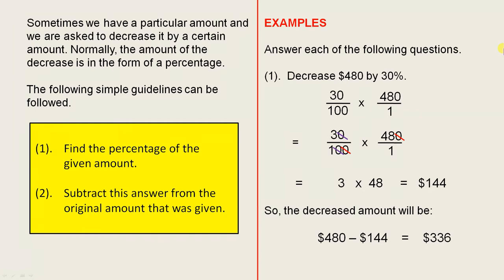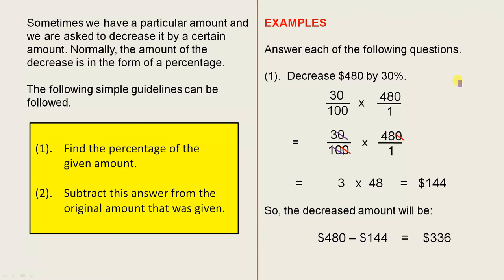Number 1. Find the percentage of the given amount. Subtract this answer from the original amount that was given. Let's have a look at some examples and we'll follow the guidelines. Answer each of the following questions. Number 1. Decrease